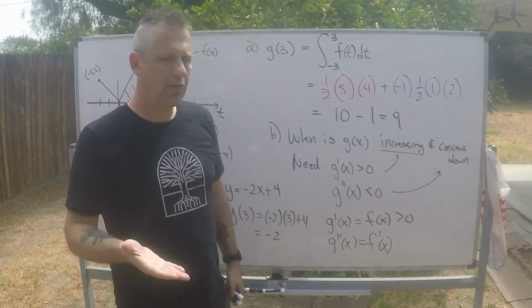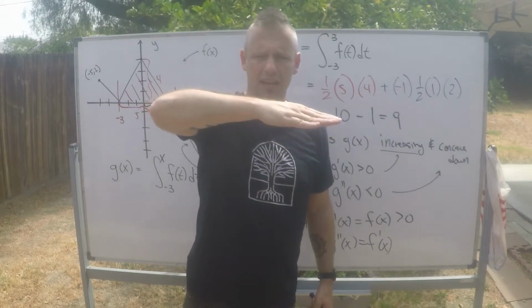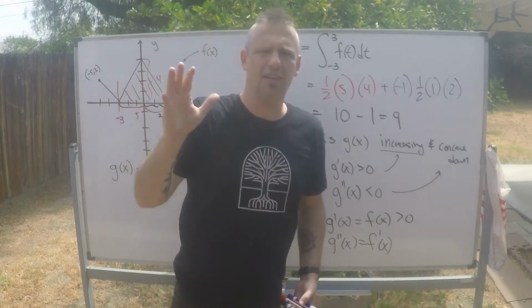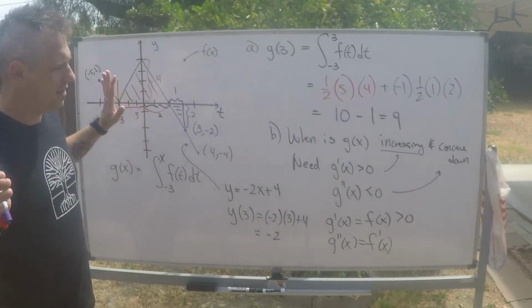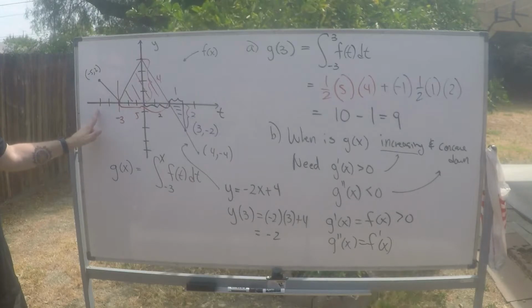So when the derivative of a function equals 0, it's flat. It's not technically increasing or decreasing at that place, it's flat. But it's a subtle point, and I don't think they actually care very much about this. So what I'm about to say isn't totally correct, but f is above the x-axis all the way starting at